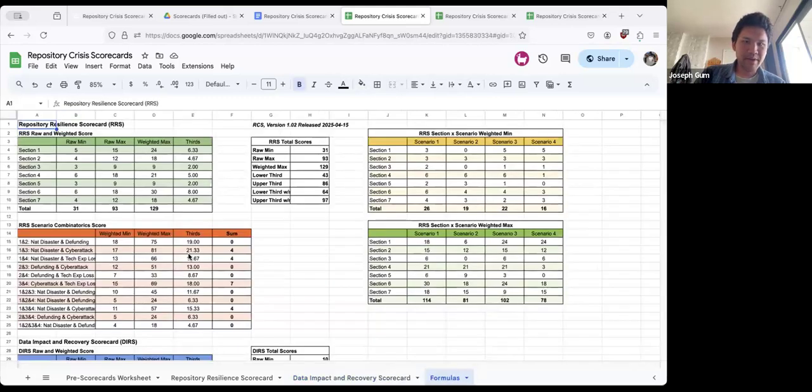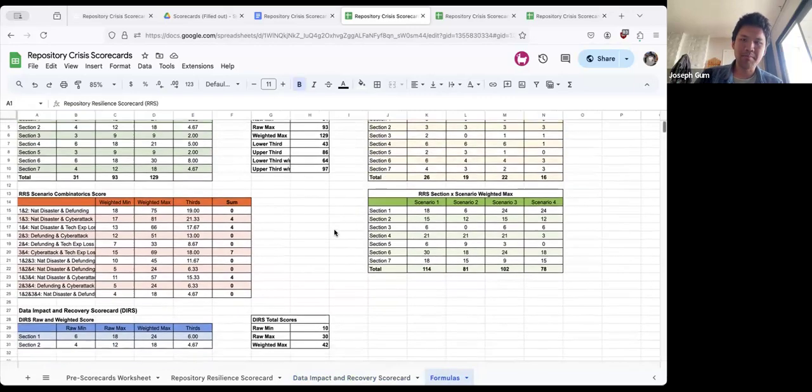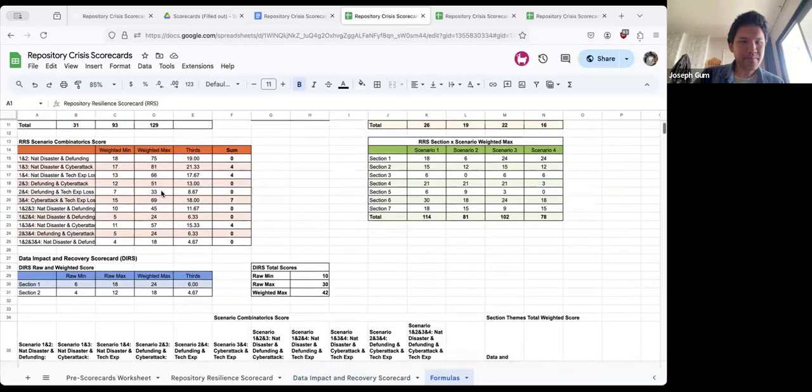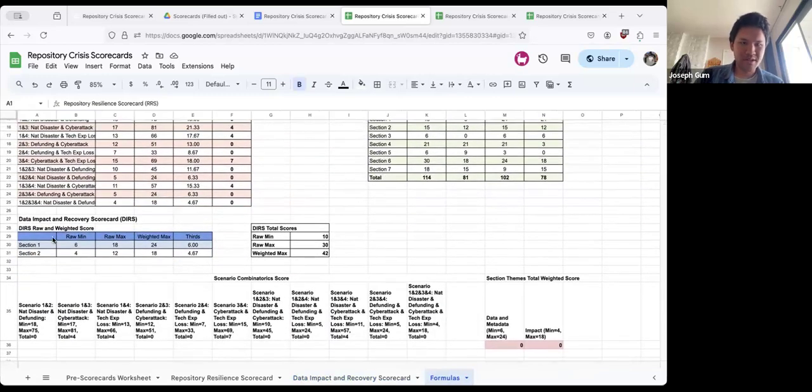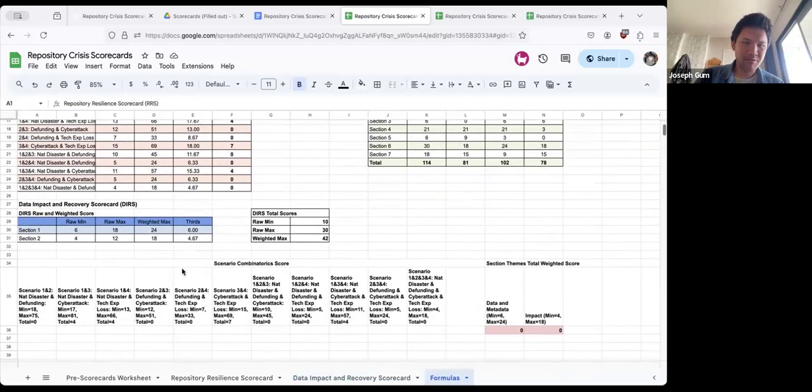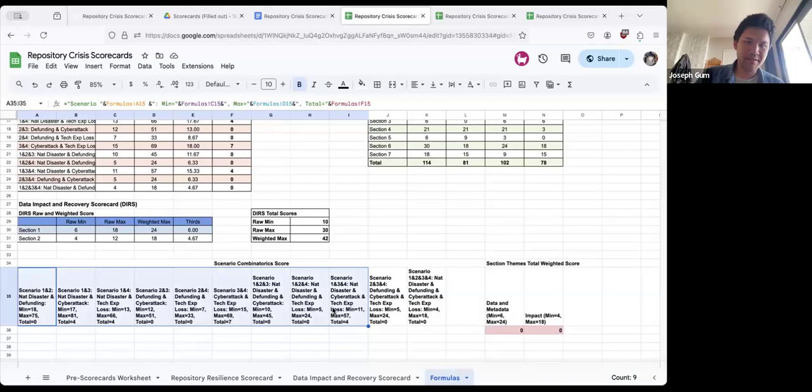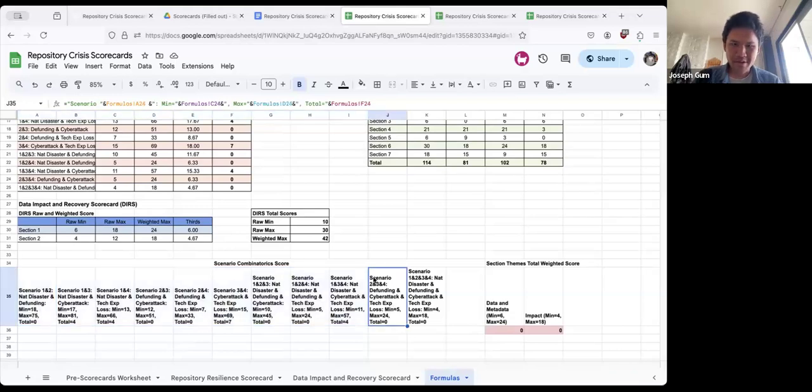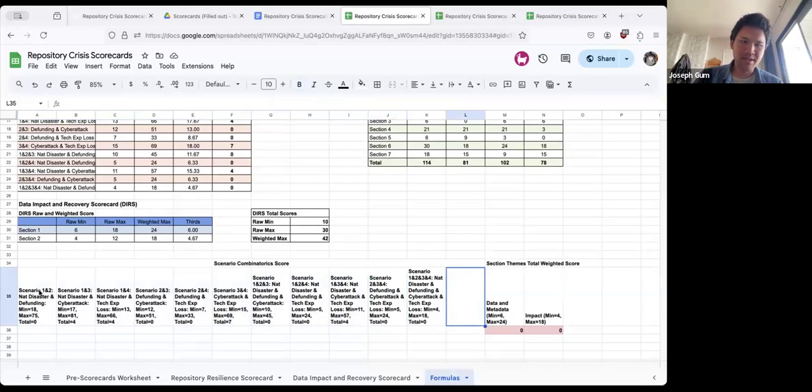And then finally, we have this final sheet that's really just for scorekeeping and cleaning up math. Try to make sure that all the formulas work correctly. But what I will point out is that we do have this scenario combinatorics. So for all of the different combinations, you can come up to deal with these scenarios.